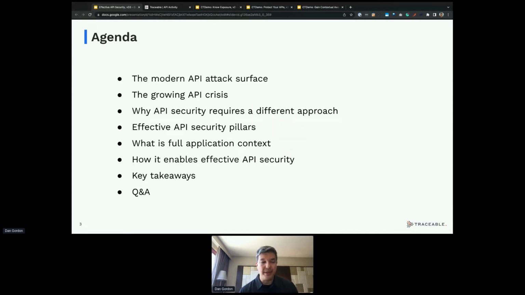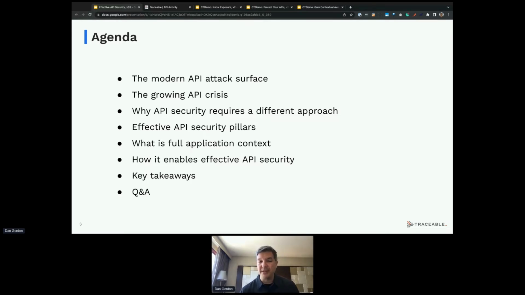In general, what we're going to do during this session, the next 50 minutes or so, is set a little bit of context: why APIs are a challenge, what's the crisis going on, why do they require a different approach, and why are web security solutions not enough.